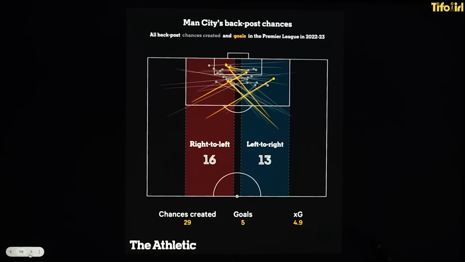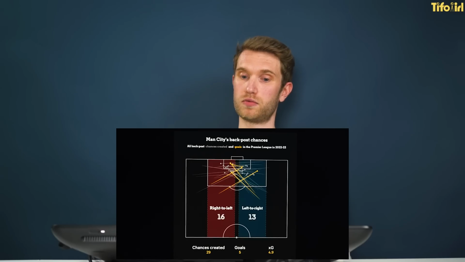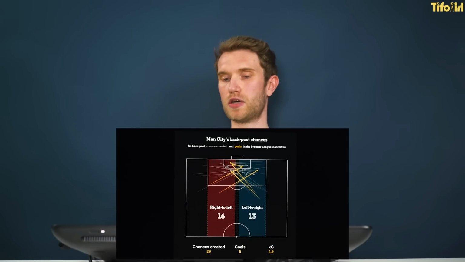You can see in this graphic here that there's more right to left chances, like that De Bruyne to Haaland example. Because of De Bruyne? I think that they've connected the most for back post chances. I think De Bruyne is able to find anyone on the pitch. Is it because Haaland's left-footed as well, maybe going to that back post? Exactly. I think that's a real positive as well, and you can see that he's aerially dominant as well from the examples before.